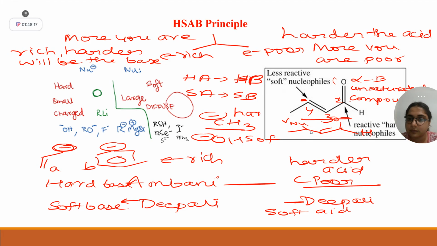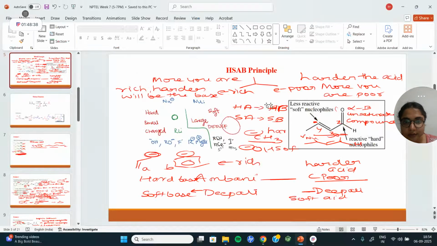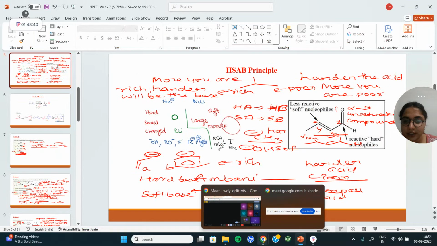So organocuprate is actually like a soft base, right? Exactly, the Gilman reagent is a soft base. Why soft base? Because it is electron rich, due to the presence of the copper atom. Exactly. Whenever carbon is attached to a metal, carbon is going to have that electron rich character, because metals are known to give their electrons, right? Yes, ma'am. I hope you are clear now.